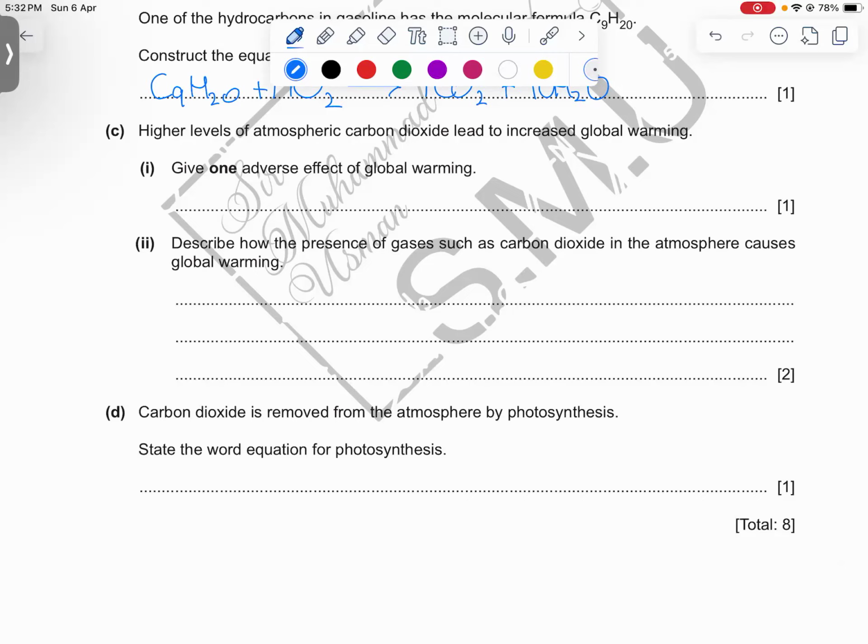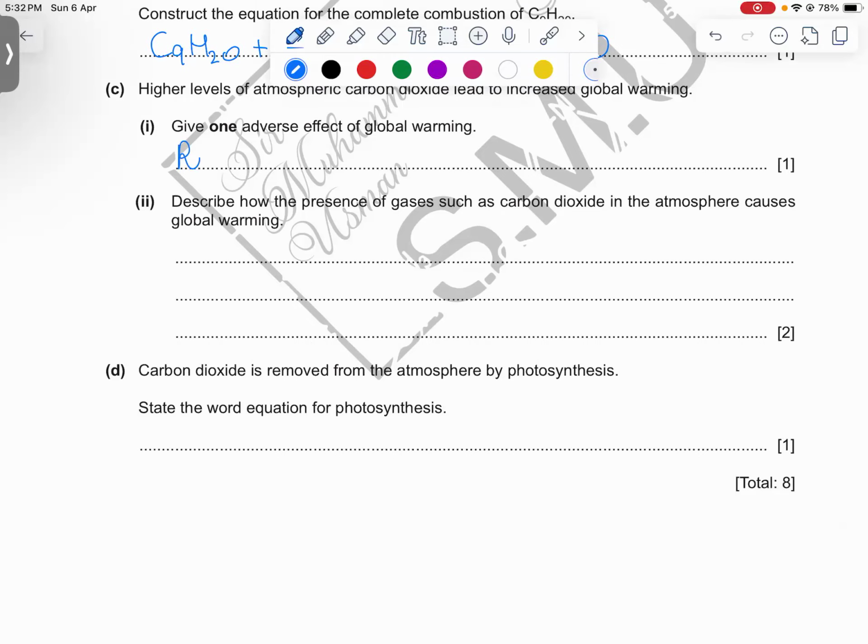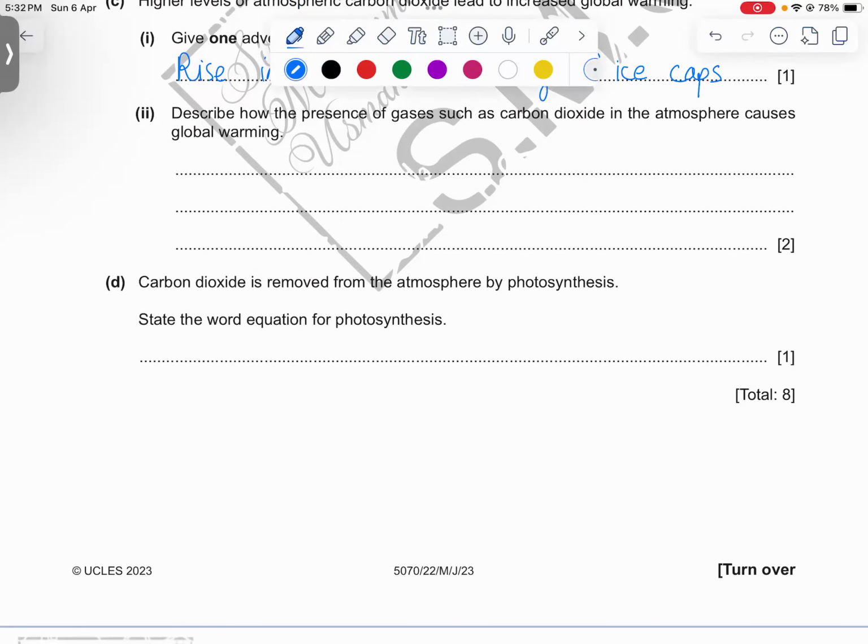We saw climate change, we saw flooding, tsunamis, right? If the ice caps melt, water levels will rise, all right? So rise in water levels, that is not good. Rise in water levels and melting of ice caps. All right. These are two phenomenal problems because of global warming. Extinction of many species, that is also caused because of global warming.